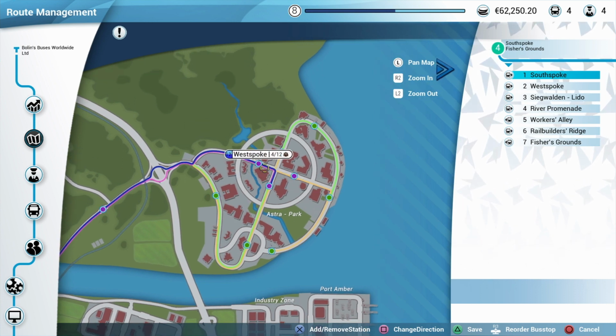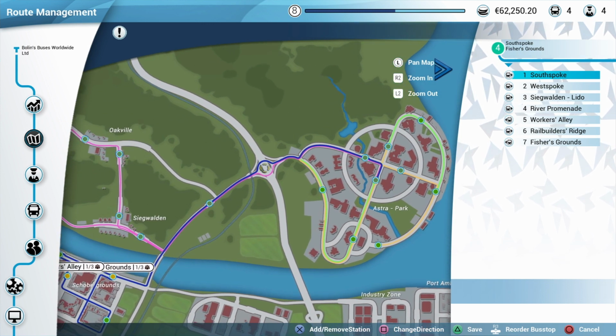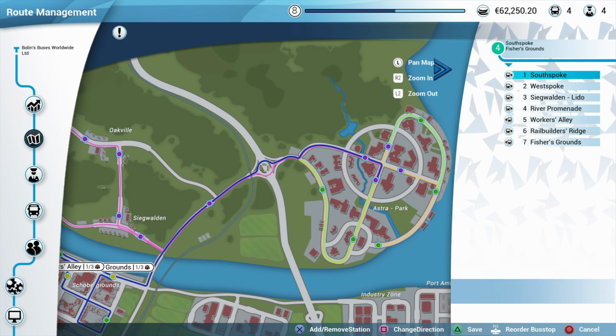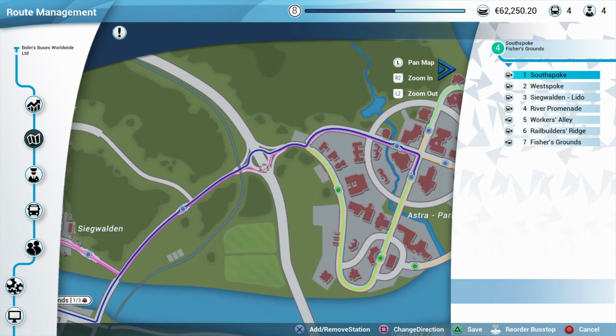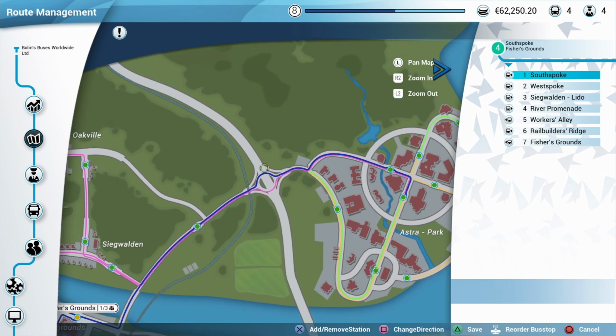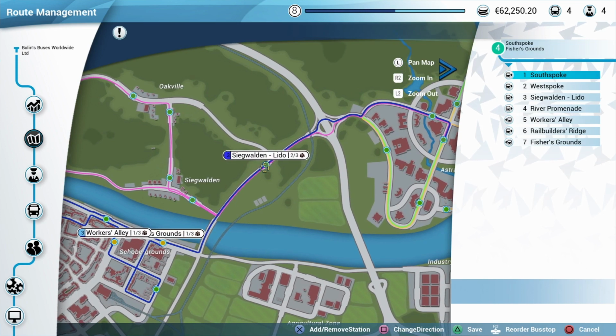And then we're going to West Spoke, and then we're going to hit this roundabout. Now, if you're like me, you're obviously used to driving on the left in a right-hand side driven car. You're now driving a bus, which is a left-hand side drive on the right-hand side, or as I like to call it, the wrong side of the road. So when you approach these big roundabouts, it gets a little bit confusing the first time, but you soon get into the swing of it. So then we're going to move on to Sigvalden,